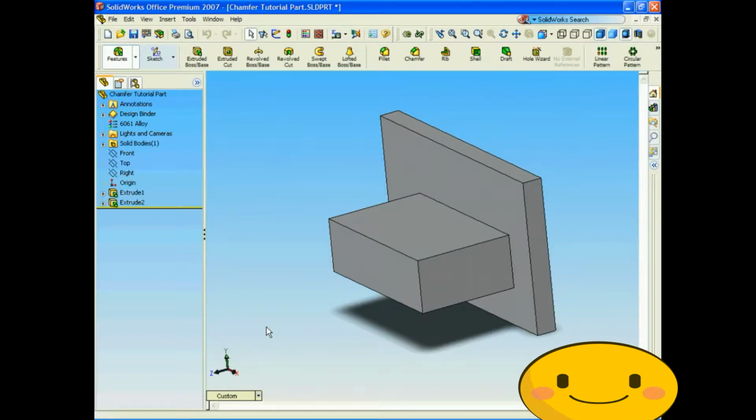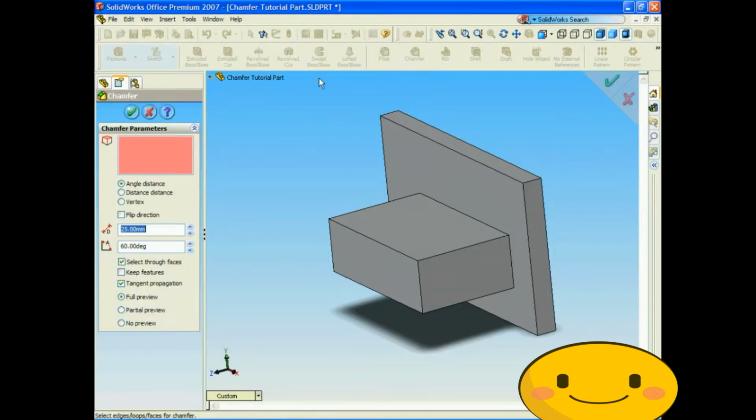This is tutorial 15, and it is the chamfer angle and distance feature within SolidWorks. To start off, open up the chamfer tutorial part, which I have included on the DVD. Once that's open, let's click chamfer, click angle and distance, and let's change the distance to 10 millimeters and the